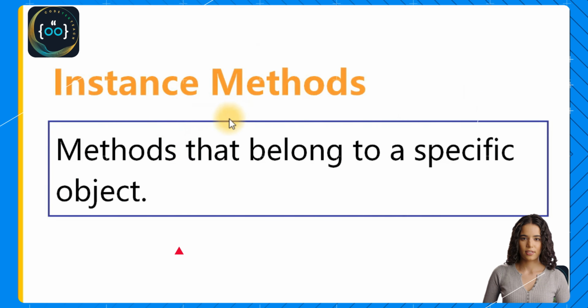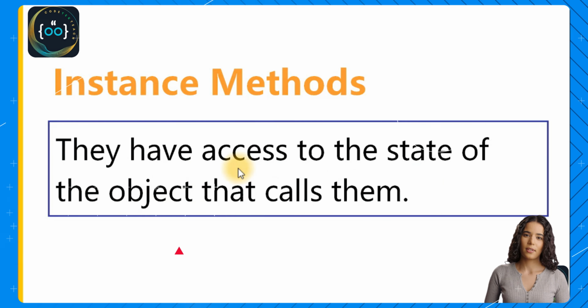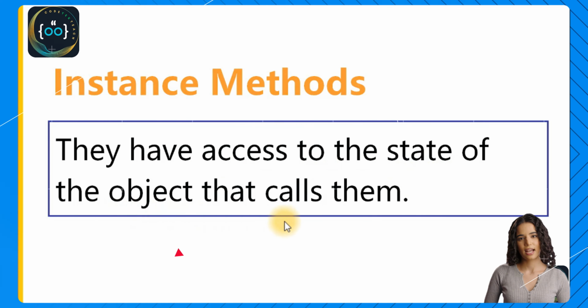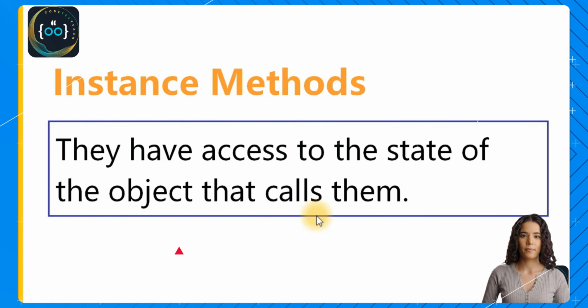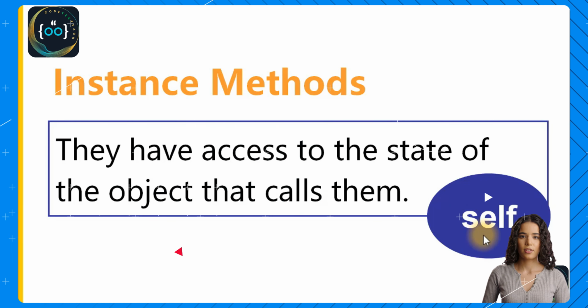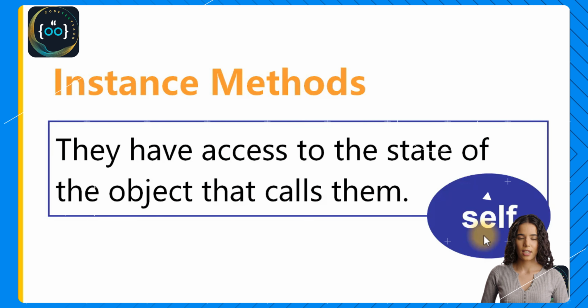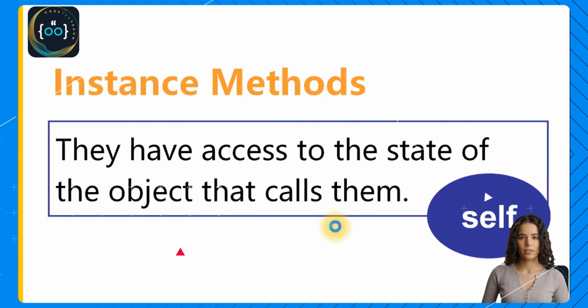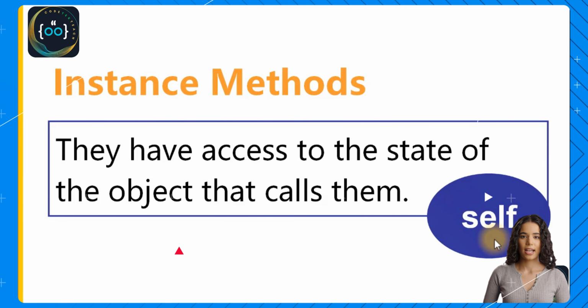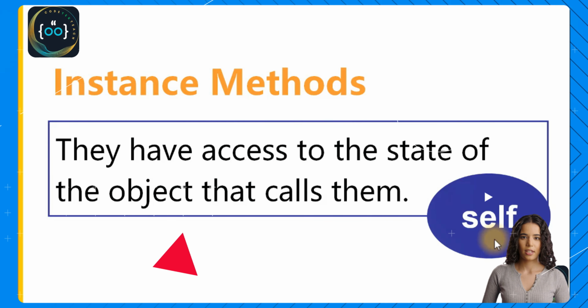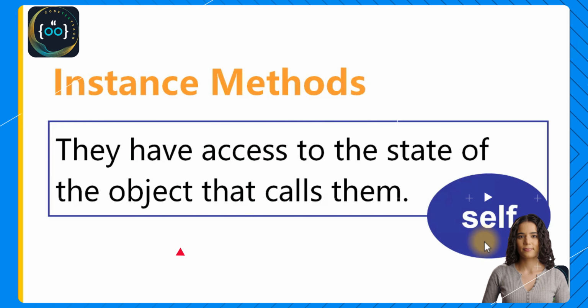Instance methods, in particular, are methods that belong to a specific object because they have access to the state of the object that is calling them. And how do these methods get access to the internal state of the object? Well, through self. Through this parameter that we have been writing so far as the first parameter in every single method that we've defined in our class, like init, like getters, and setters. Remember that in a previous section we said that self refers to the object or the instance. Well, in the case of a method, it refers to the instance that is calling the method,